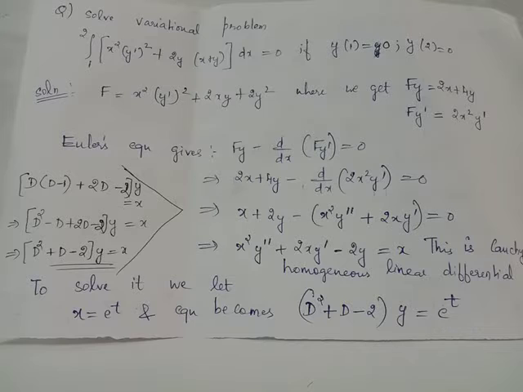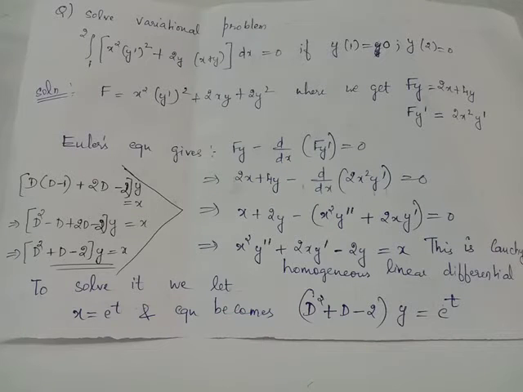When you give x = e^t in Cauchy's form, x² y'' is replaced by D(D − 1) of y, x y' is replaced by Dy, and 2y becomes 2 times y itself. There are no changes for 2y. So the corresponding differential equation becomes D(D − 1) + 2D − 2 applied on y equals x. Here, on simplification, D² − D + 2D − 2 becomes (D² + D − 2) y equals 0. Thus from Cauchy's form we have obtained a differential equation with constant coefficients.